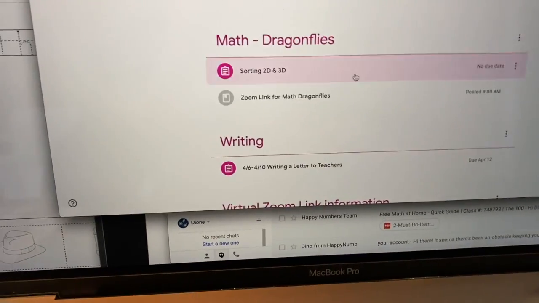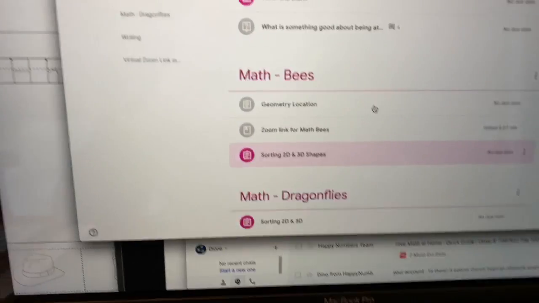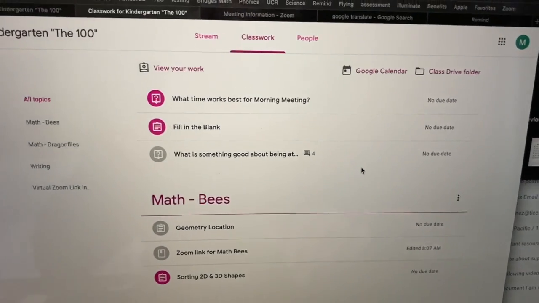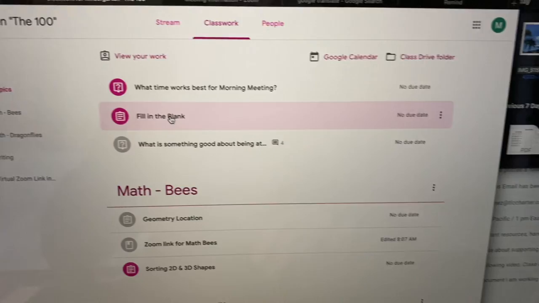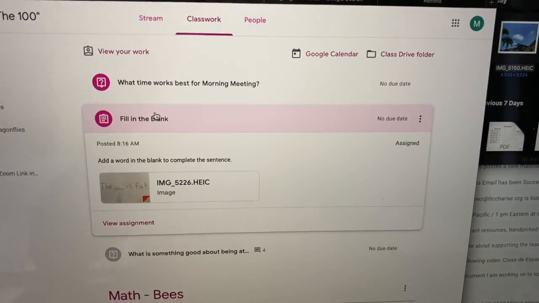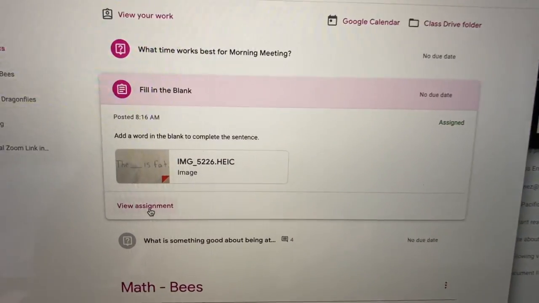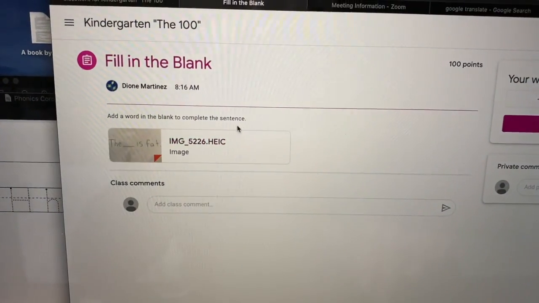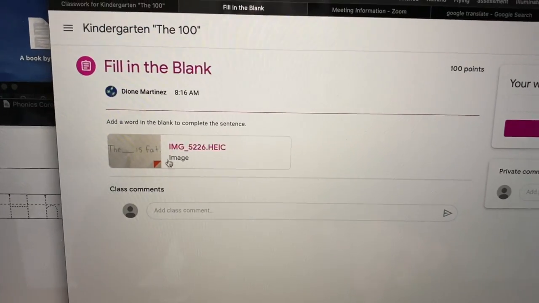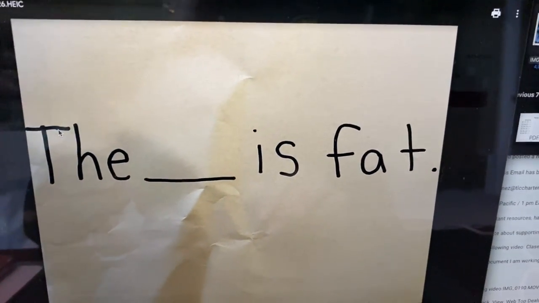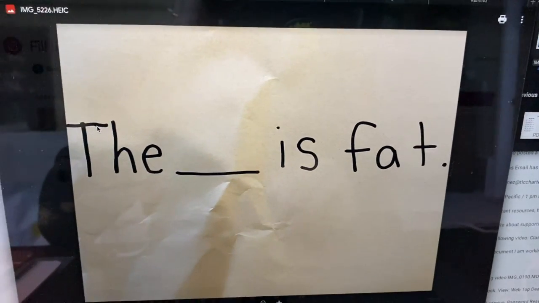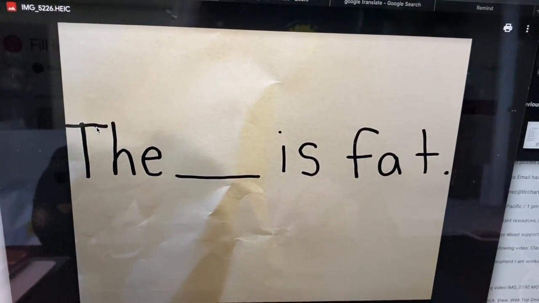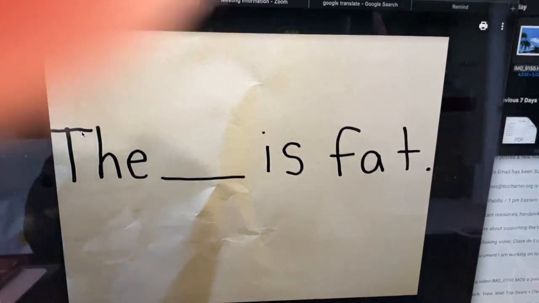So an example of how to do some classwork, and this is kind of cool. Marvel's gonna go on fill in the blank. And then he's gonna go to view assignment. And then it says, add a word in the blank to complete the sentence. That's why it's called fill in the blank. So I'm gonna look at the image. And there it is. The blank is fat. So on their whiteboards or paper and pencil or whatever, they can either copy the sentence or write something that would make sense. So for example,